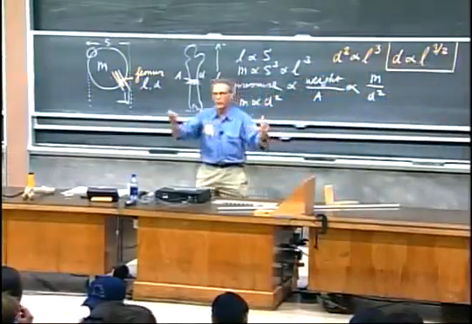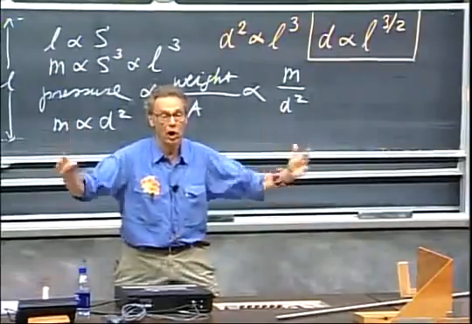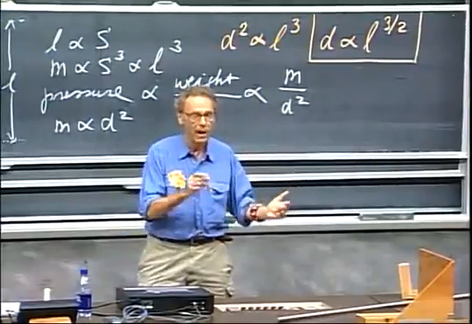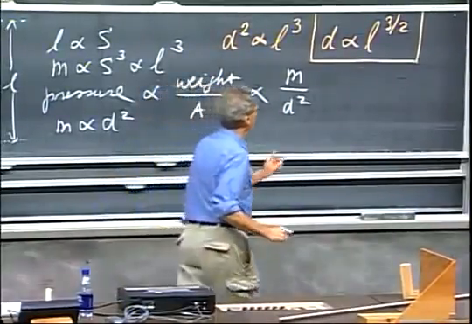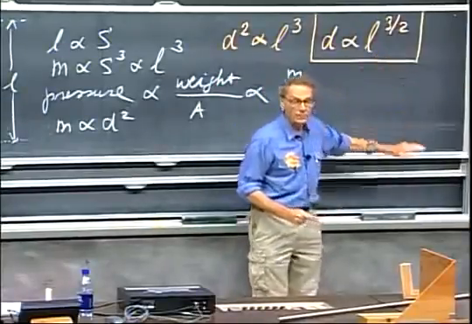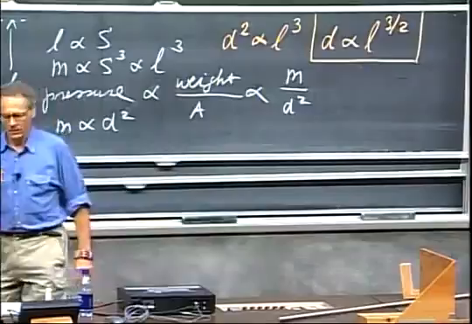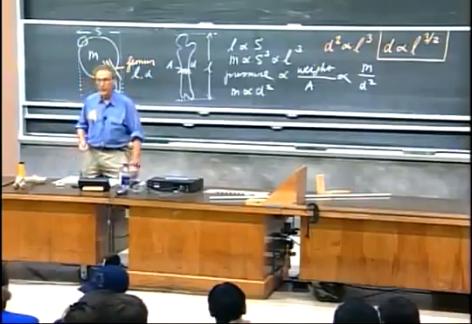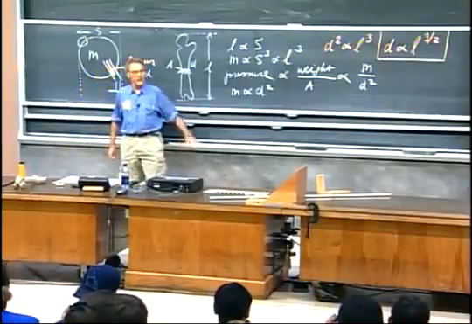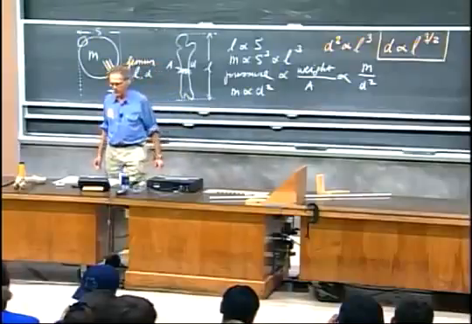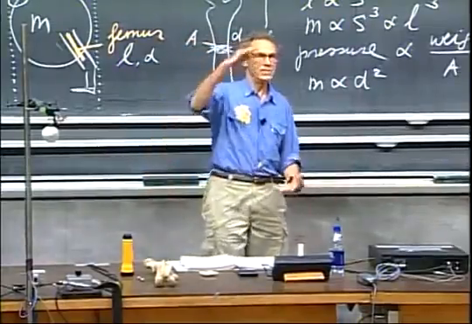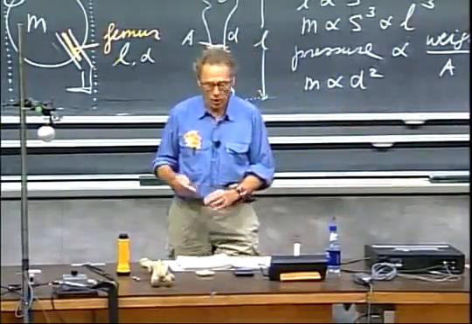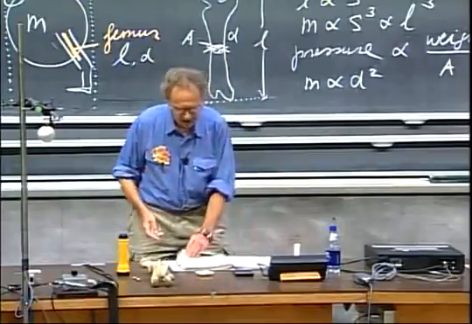If I were to compare a mouse with an elephant, which is about 100 times larger in size, the length of the femur of the elephant would be 100 times larger than that of a mouse. But the thickness of the femur would have to be 1,000 times larger. And that may have convinced Galileo Galilei that that's the reason why the largest animals are as large as they are, because clearly if you increase the mass, there comes a time that the thickness of the bones is the same as the length of the bones. You're all made of bones, and that is biologically not feasible. And so there is a limit somewhere set by this scaling law.